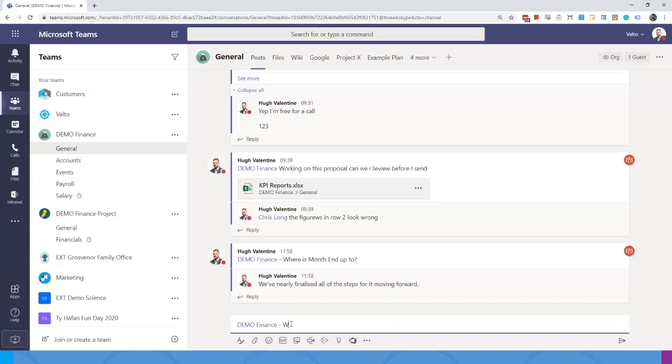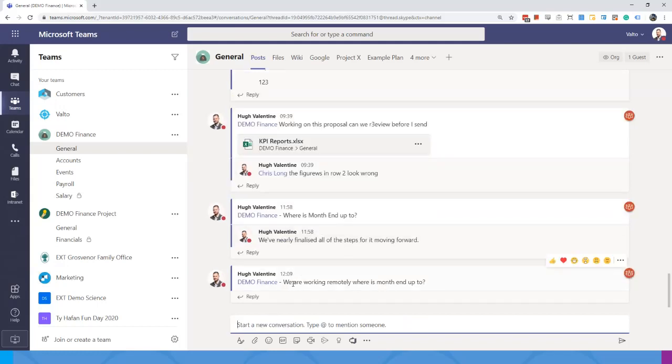So as a quick example, I could say, we are working remotely. Where is month end up to? And as soon as I hit enter, that will now pop up on all of the different notifications. So effectively, that's like sending them an email. If they've got Teams on their phone or any other devices, that's going to pop up to everyone in the